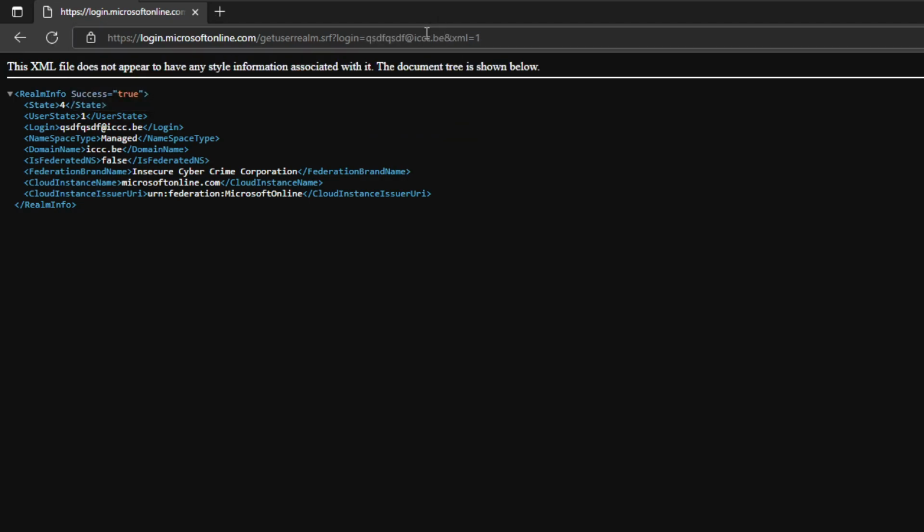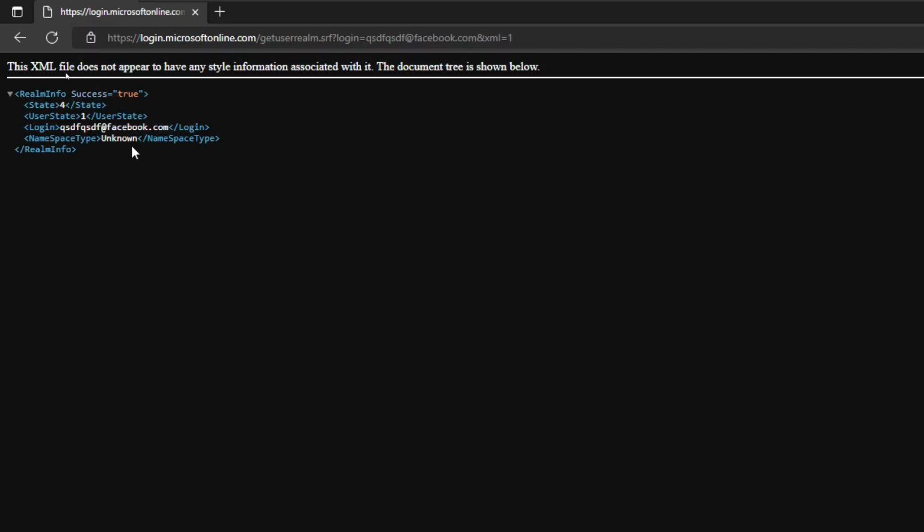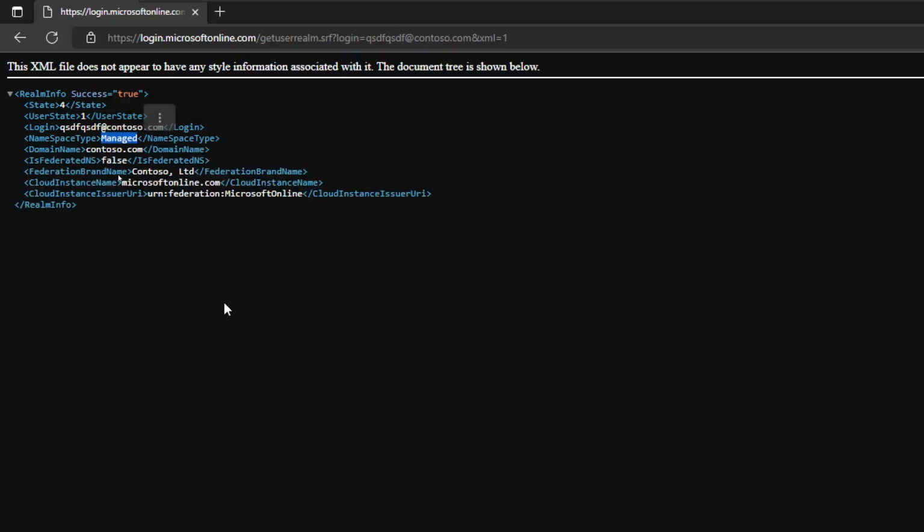Can be a random one, but this will actually show us if that company is being managed by Azure AD, by single sign-on, or not. If it's not managed, if it is unknown, for example, facebook.com, then of course this company is not using Azure AD or Office 365 and we are done. If it is something else, for example, this one is managed, means that it is using Azure AD,